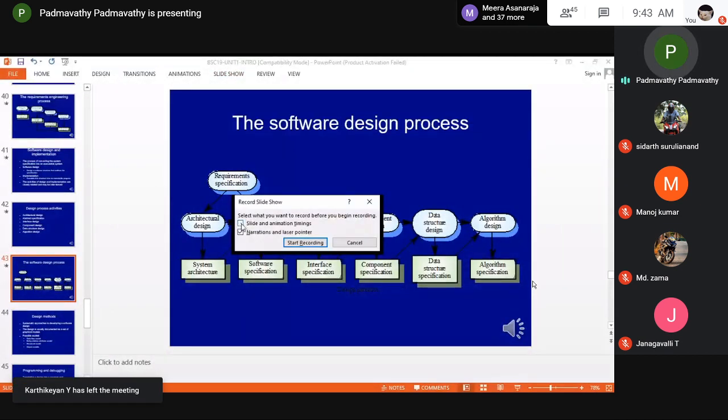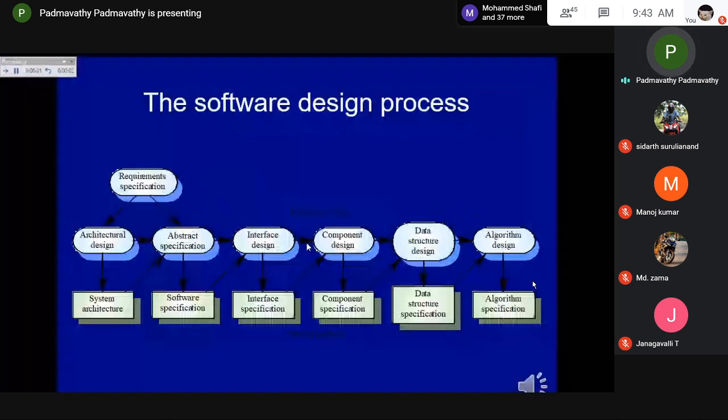So we have already discussed different phases of the waterfall model. I'm revising it with a few more diagrams. The requirement specification is the document that is prepared in the previous stage of requirements gathering. Based on the requirement specification, the architecture design and the abstract specifications are created for the architecture of the overall system, or the software which is to be developed. So the system is the particular application or the software product which is to be developed.